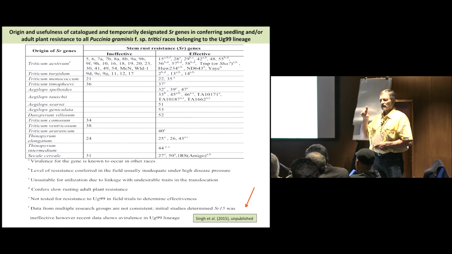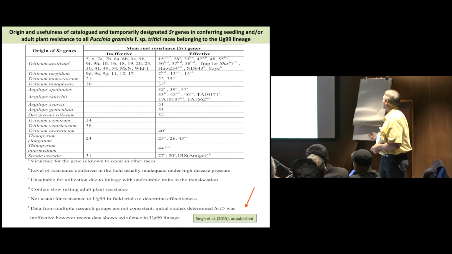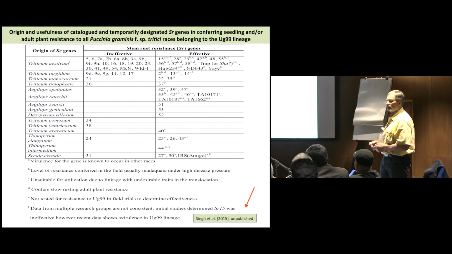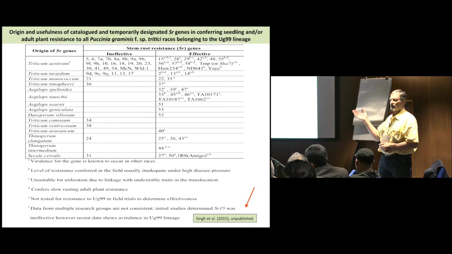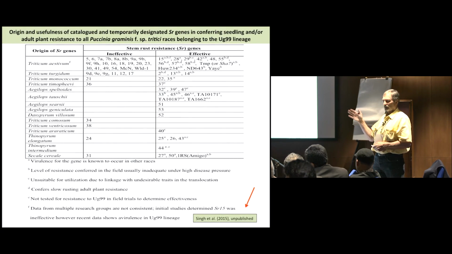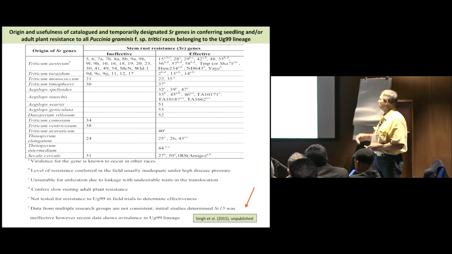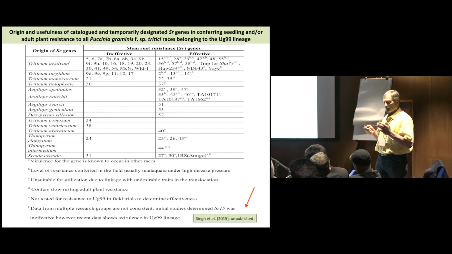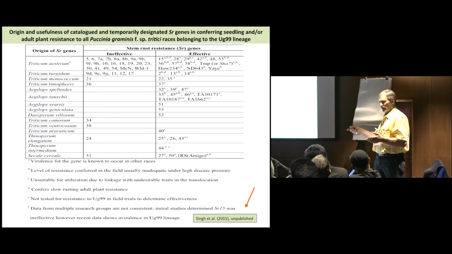If you expose those seedlings to this lineage, and there is no lesion or no infection, or one that is declared to have some resistance, then that gene is expressed